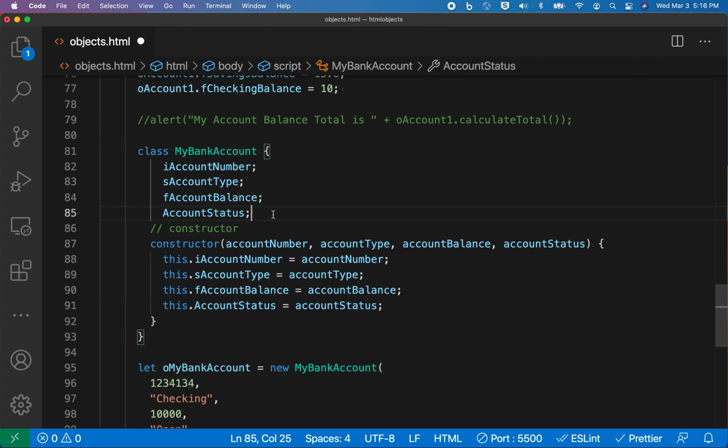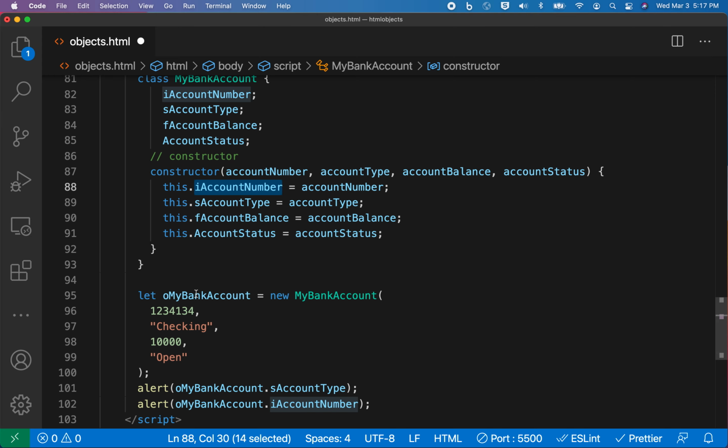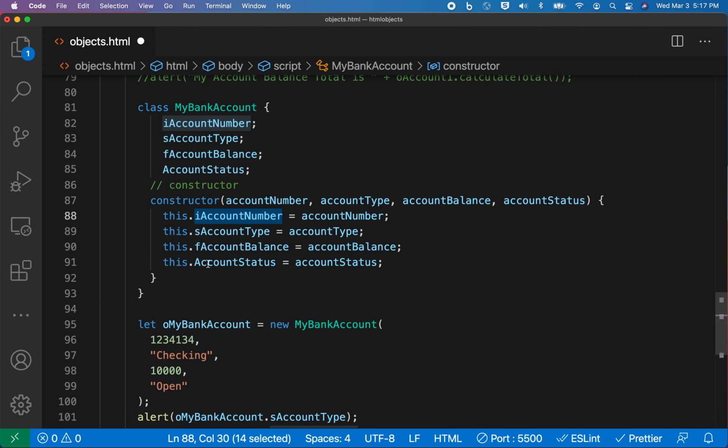Another thing I'd like to discuss and highlight as part of this is that notice that these variables here are different than these variables. They don't have to be. They can be the exact same name, because if you don't precede it with the keyword this, it's considered a completely separate variable. Furthermore, at the time when you're creating your object for the first time,